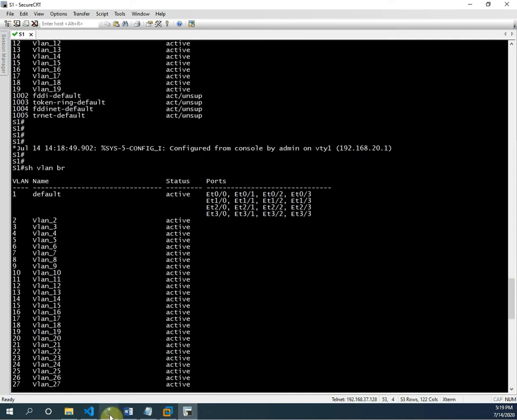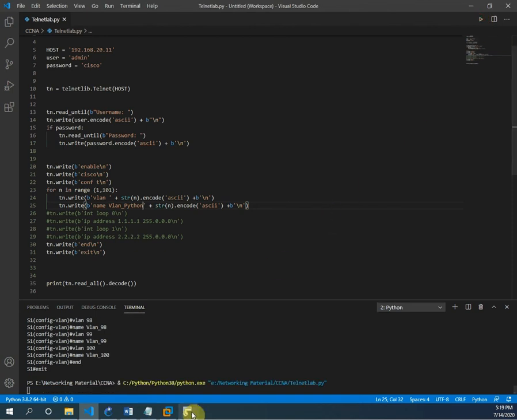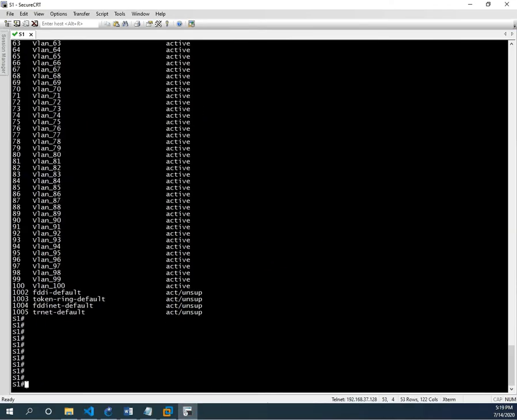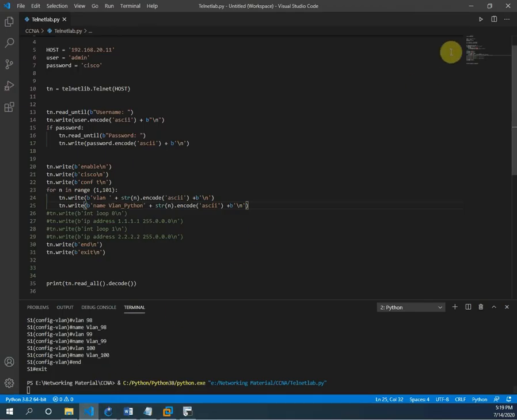If you want to write any name here, you can write it in this place. If you want to write something like underscore Python, we can run the code, and then you can go here and see the name will be changed. Okay, let's see if the script ran or not. We ran the script, right?